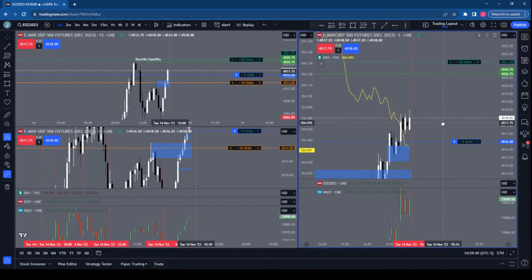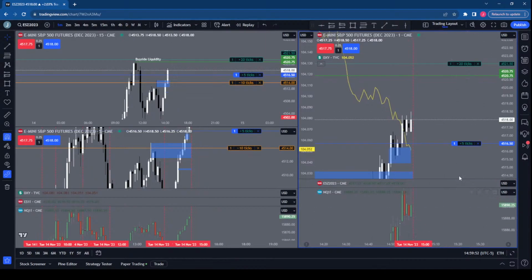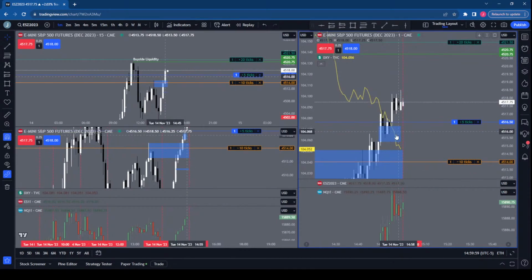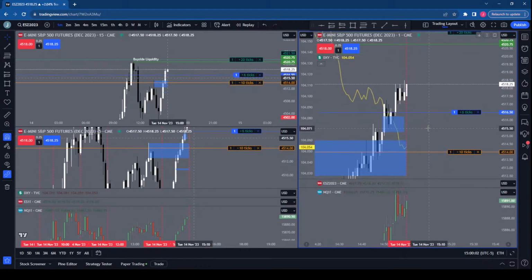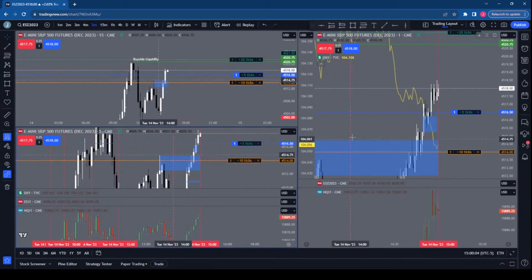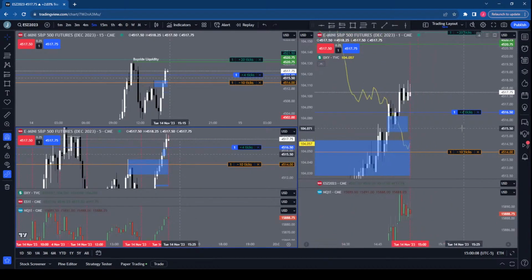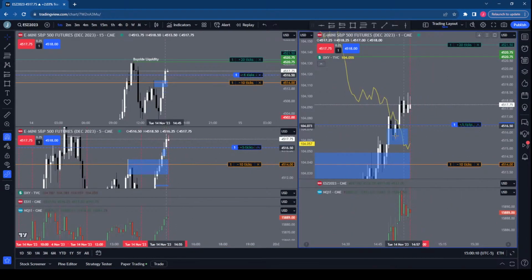I'm kind of wondering if we should expect that into the end of the year. I wouldn't be surprised if it came down and touched this fair value gap before sending it higher. Remember, we also have this breaker on the 5-minute. I wouldn't really like it to get below this fair value gap,